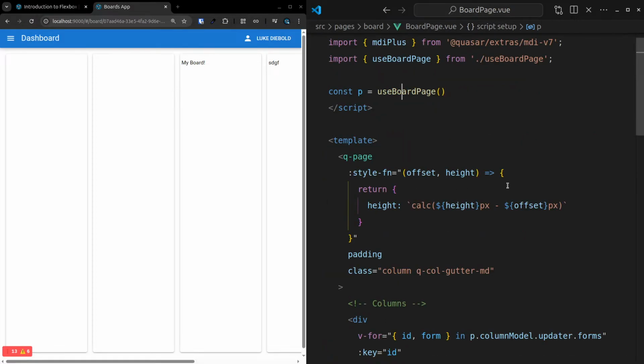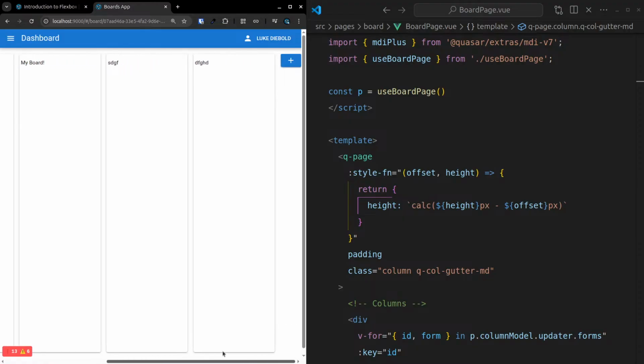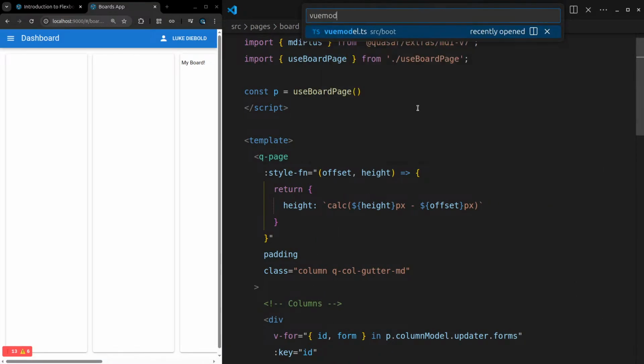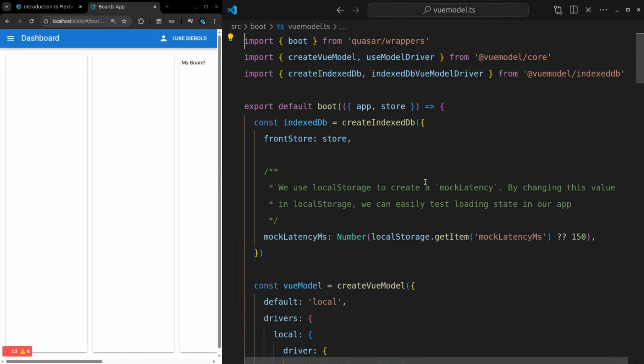But we're not going to do that right now because we want to be able to order things by how they've been dragged. So we want to be able to drag and drop these at some point, put them into different positions. And because we're going to add that feature, I'm not going to do the ordering by created at and updated at right now. And by the way, just to show you how that works, if we jump into that VueModel boot file, which is basically how you install VueModel,